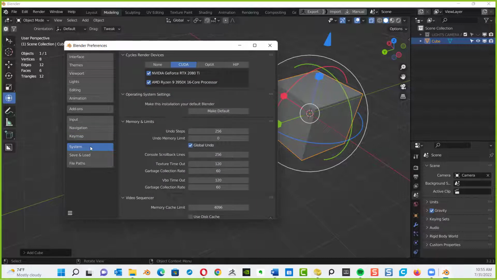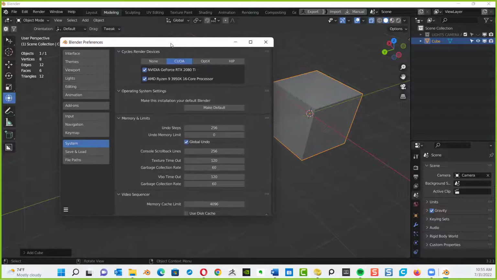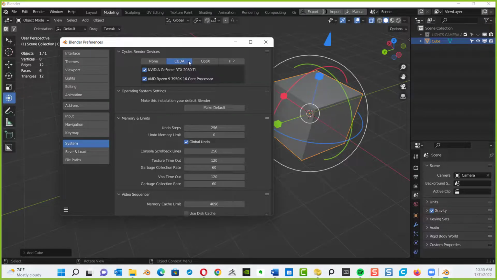System, important. Particularly important if you have an NVIDIA card in your system. If you have an NVIDIA card, Blender is set up to recognize the CUDA technology. Check the CUDA button. If you don't have that CUDA button there, it means you don't have an NVIDIA card. You probably have a Microsoft card, a Microsoft Intel card, or something else.